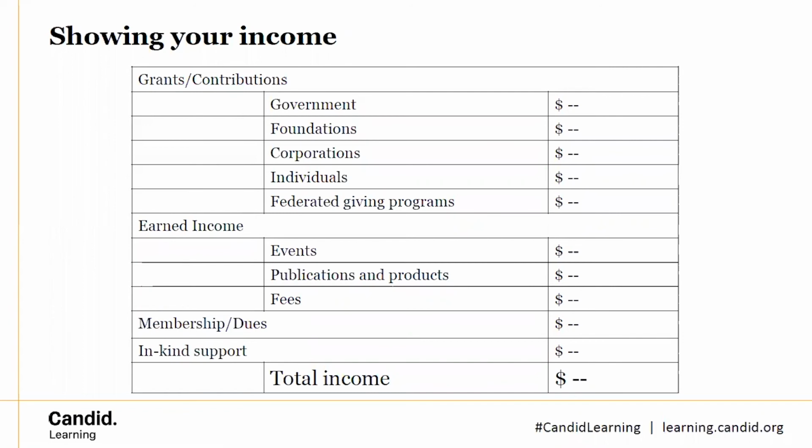I believe we had a question, so let's see what that was. Your organization has sufficient general operating funds to cover a project, but not funds specifically earmarked to that project. How would you recommend reflecting that in the income? That is a very interesting question.